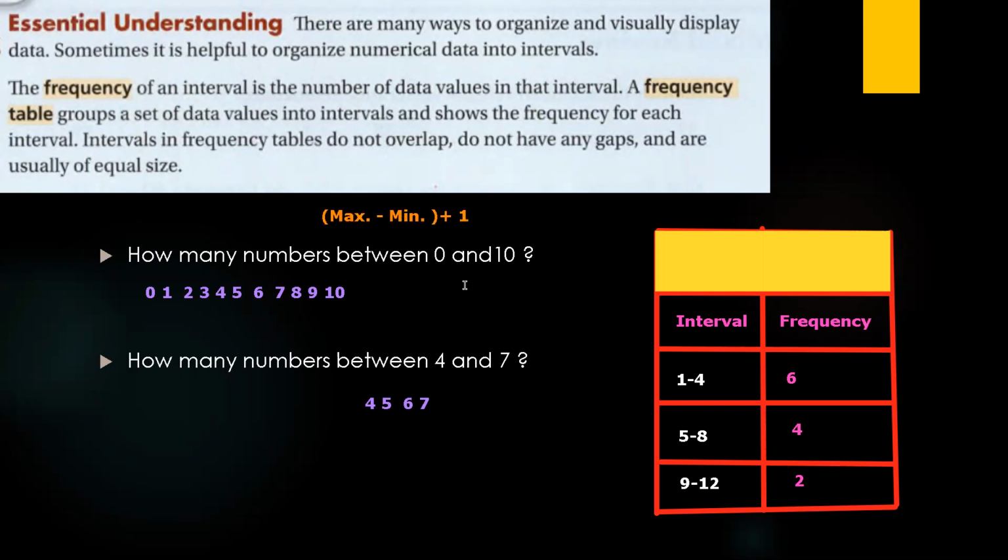The maximum is 10 minus the minimum which is 0, so 10 plus 1 is 11. 7 minus 4 is 3, plus 1 is 4. That's why we have 4 numbers between 4 and 7. Now,